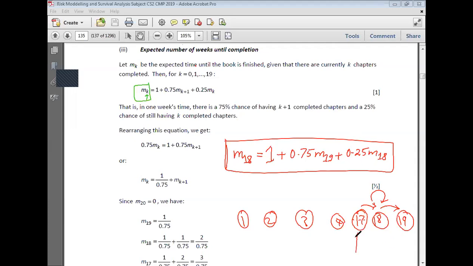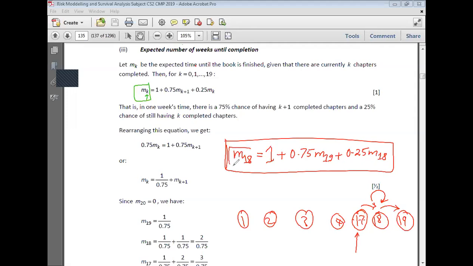Let's say if you've completed 17 chapters up until now, there's a possibility that in the next week you will complete one more chapter, right? And you will have 18 chapters completed. But again, if you have completed the 18 chapters, you might still be unhappy with any one of the chapters that you've written before, and you will find yourself at 18 again. And there's a possibility that you will find yourself at 19, because if you're satisfied, then you can move from 18 to 19 as well. But again, here, what we have is